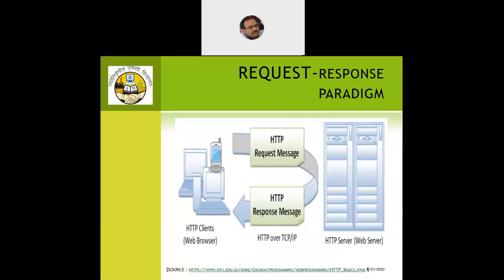And every time, the request will always come from the client side. The server will never send a request to the client, because a situation will never arise where the server generates a request for the client. The server will always send a response and the client will always send a request. So the two of them are logically connected over the World Wide Web through the internet, and request-response keep on happening.